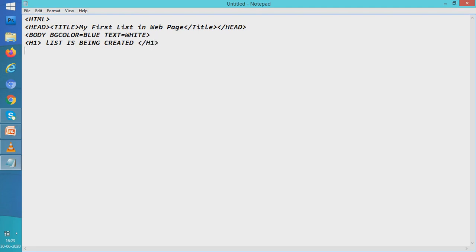Now, this is the place where we'll come now and we'll try to write the first line which will create a list for us. Let us first discuss what list we will create. Let us say we want to create a list of vegetables and fruits that are to be brought from the market.